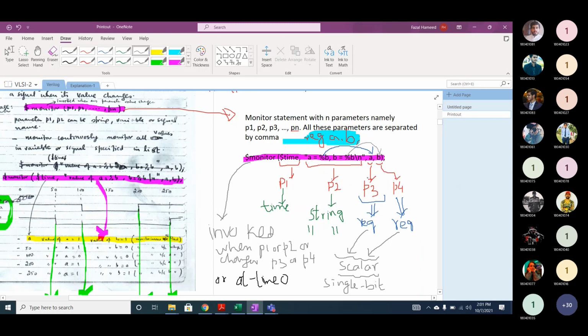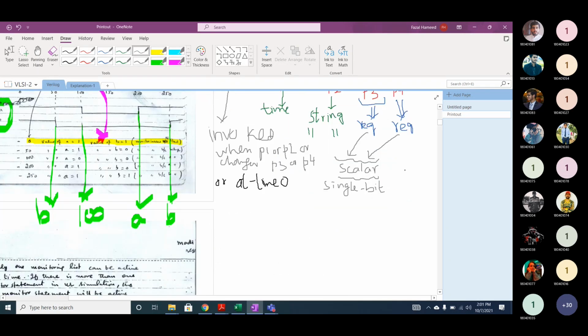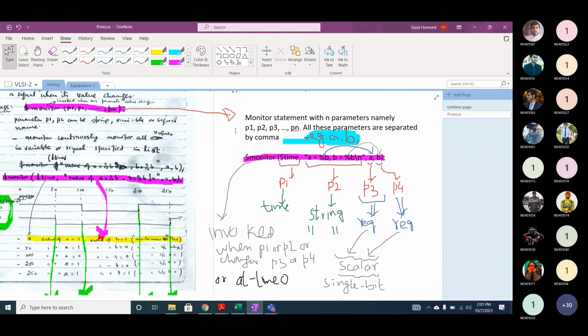So now this is the value of a string, because we are displaying a string, but we are displaying the value in binary. So %b will refer to the first parameter, p3, and the next %b to another parameter, p. It's a very good question, I really like your question, and I will give you another example.